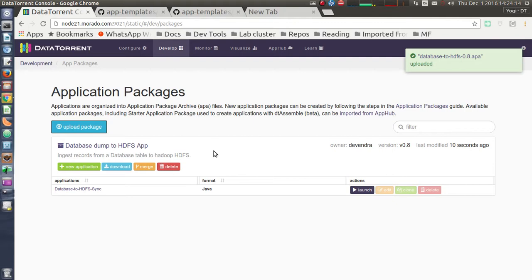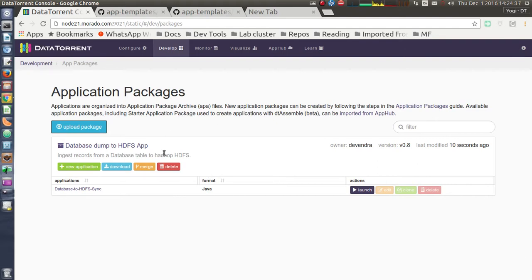The actual upload might take some time. Once the upload is complete, you will get a notification which says that database to HDFS .apa has been uploaded. If we go to Develop App, we will see this in the listing.